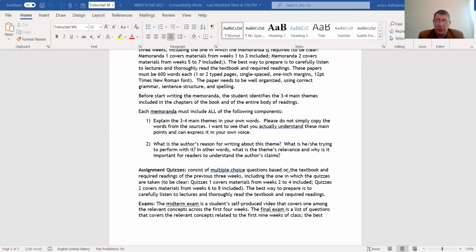In week number 4, you have a quiz. A quiz is a list of 10 questions with multiple choice. Multiple choice means there is a question, for example: is the book saying that you have to do this and that? And you have to say yes, no, or that the book is saying something else. So we have 3 choices, and you have to choose the right one.